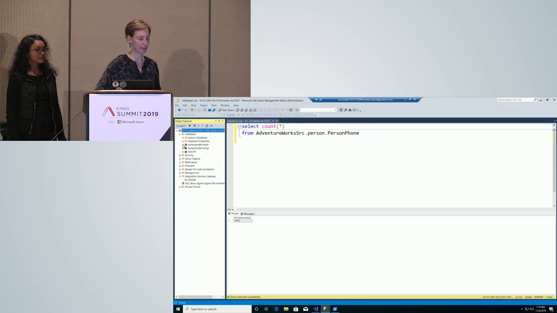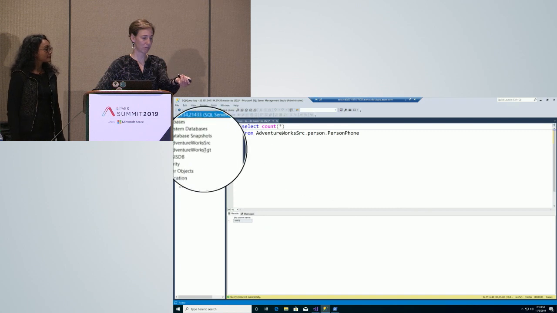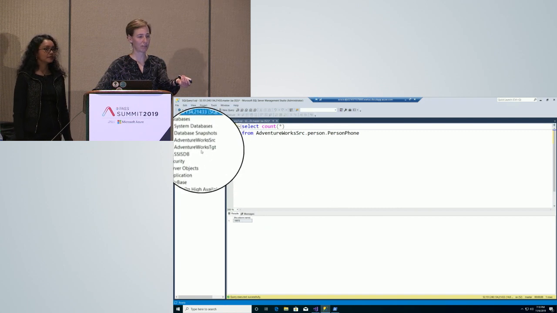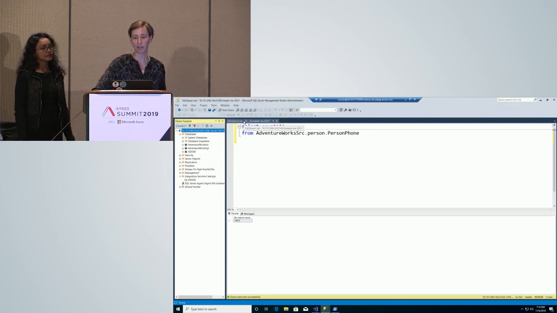So if I open up databases, I will see, because our particular demo has AdventureWorks source and target, it's just the OLTP version of AdventureWorks and our SSIS DB. So when we look at that container that's going to come up, we're going to see AdventureWorks source and AdventureWorks target, because that is what Sreeja defined in the Docker file. That's what defines what's in the container.